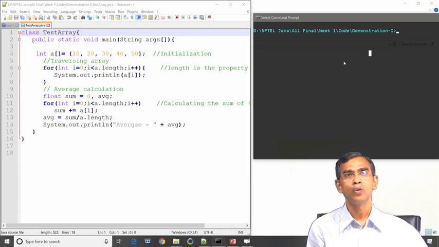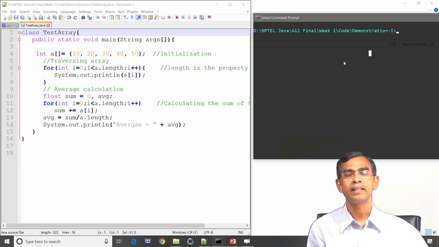The next loop finds the sum of all the elements, and finally the average is calculated as sum divided by the total number of elements stored in the array, that is the size of the array. And finally, System dot out dot println prints the average value, with the statement average equals the average value.